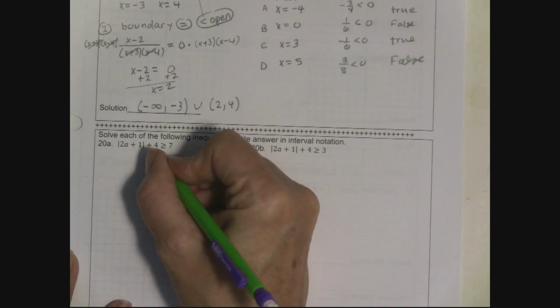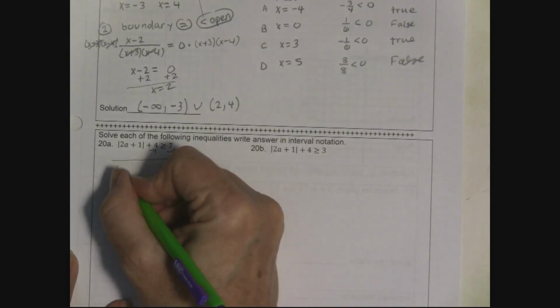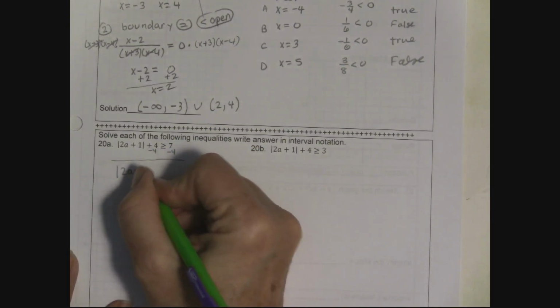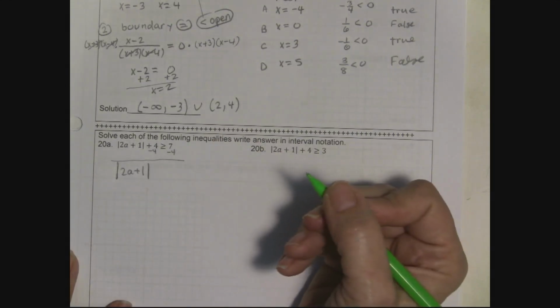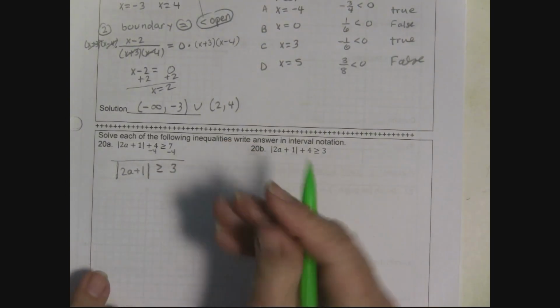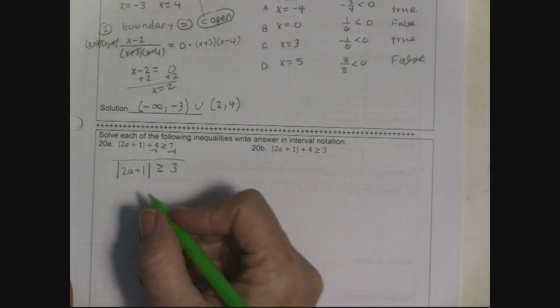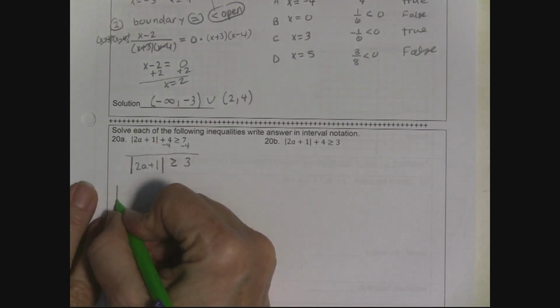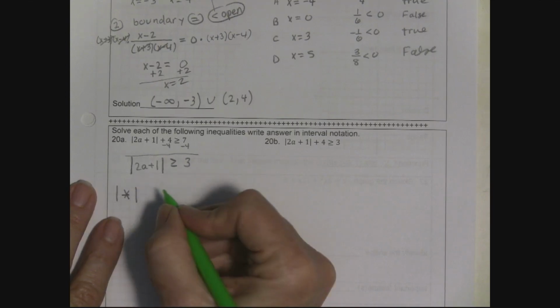So I'm going to take away 4, and when I do, I get the absolute value of 2a plus 1, I'll make that big and dark, is greater than 3. And with absolute value, it really matters if you have positive, negative, or 0. That's what really matters. And so if you go and you look up this statement, and I'm going to put a star here,